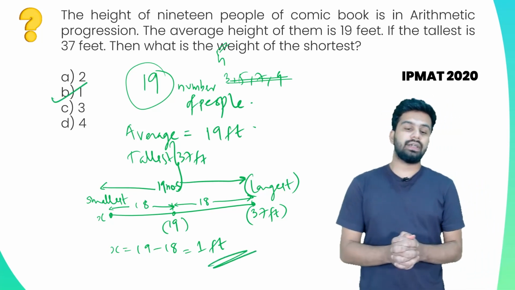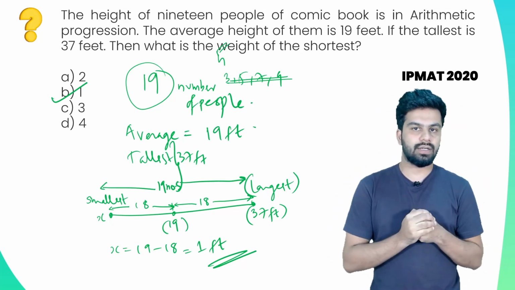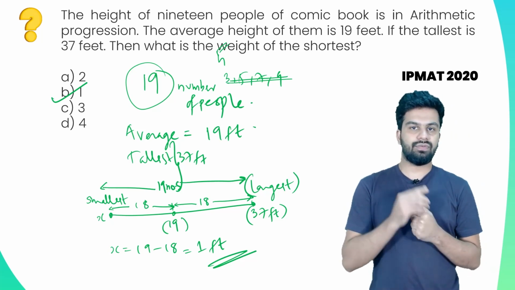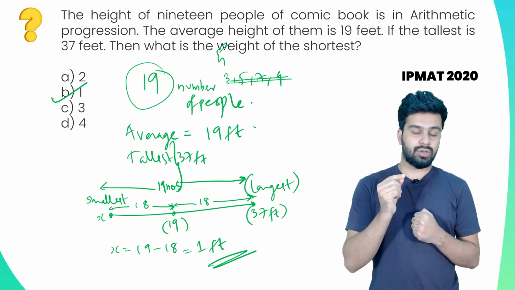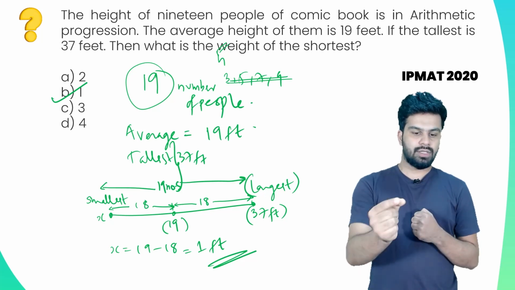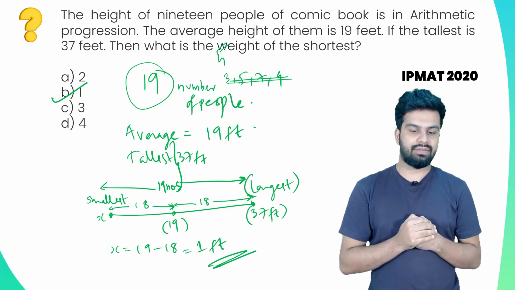So how did we arrive at this particular answer? Initially നമുക്ക് 19 പേരാണ് ക്വസ്റ്റ്യനിൽ തന്നിട്ടിരിക്കുന്നത്. അതൊരു ഓഡ് നമ്പർ ആണ്. അപ്പോൾ അതിലൊരു മിഡിൽ നമ്പർ നമുക്ക് അസ്യൂം ചെയ്യാൻ കഴിയും. We know when the series is in arithmetic progression, അതിൻ്റെ average will be the middle number. So middle numberൻ്റെ value 19 ആണെന്ന് നമുക്ക് കിട്ടി, and which is equivalent to your average.